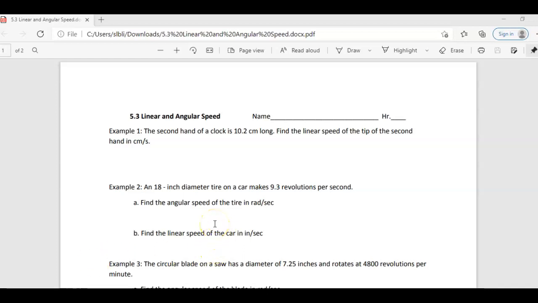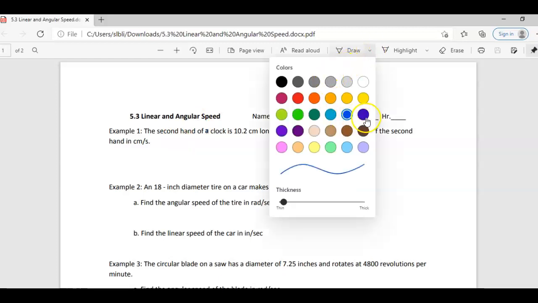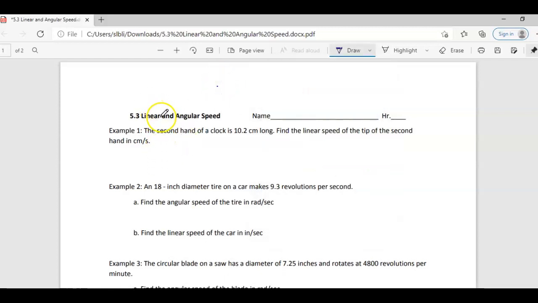Hi everyone. So in this video today, we're going to be talking about linear and angular speed. They are related to each other. First, let's just talk about what each one of those is. Specifically, we're talking about when something circular is rotating, like a wheel or a disc or a saw. So the angular speed,